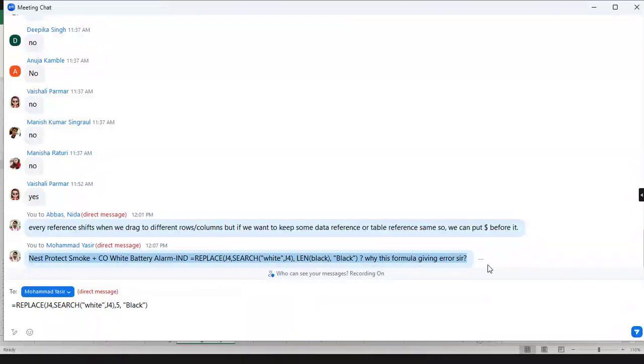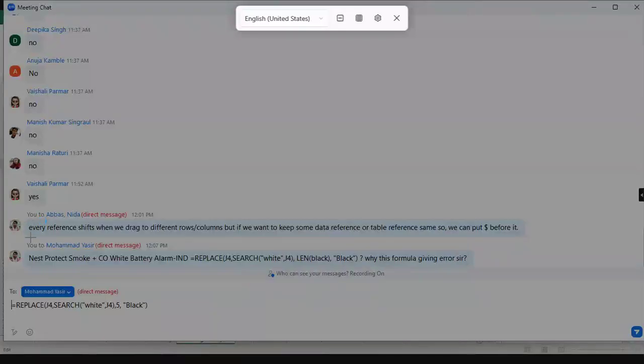If in this case I do comma 4, what will happen? Nothing will get changed. Why? Because APP does not have a fourth instance in this input string, right? So it will not change. If I don't give any argument, it will replace all instances. Clear?